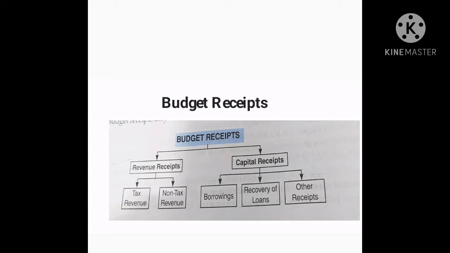Revenue receipts. Revenue receipts can be defined as those receipts which neither create any liability nor cause any reduction in the assets of the government. They are regular and recurring in nature, and the government receives them in the normal course of activities. Revenue receipts include the proceeds from taxes and other duties levied by the center, the interest and dividend it receives on its investments, and the fees and charges the government receives for its services.